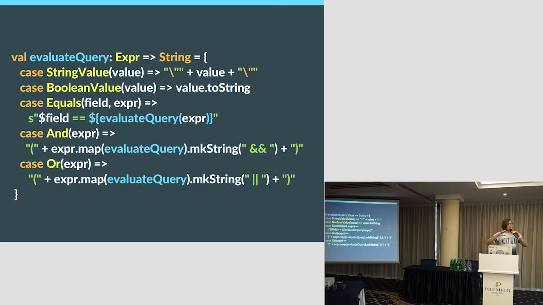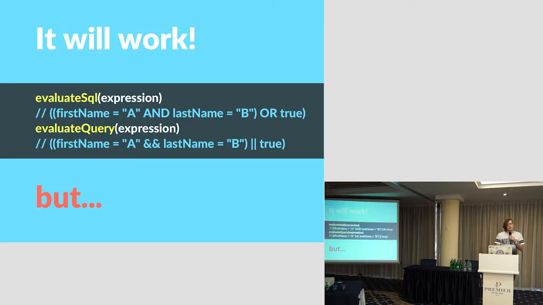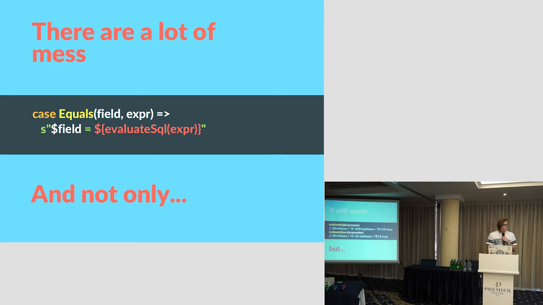We can do the same for other cases. For example, we can evaluate not a secure query, but a query for some programming language. You can write these interpreters for whatever you want, for some query builder, or for every object that you want. And it probably will work. It will look like this. We will pass this expression to our evaluate function. It will return us the compiled string. And like everything good, we can go home, drink beer and so on, but we have a very big mess